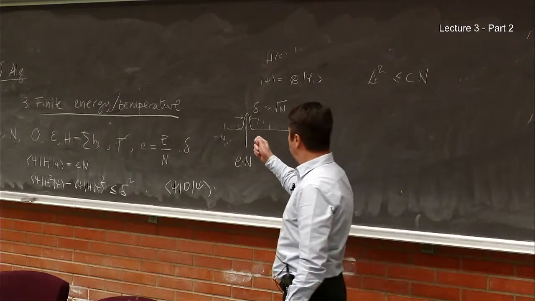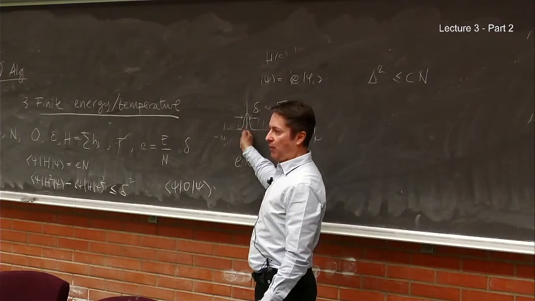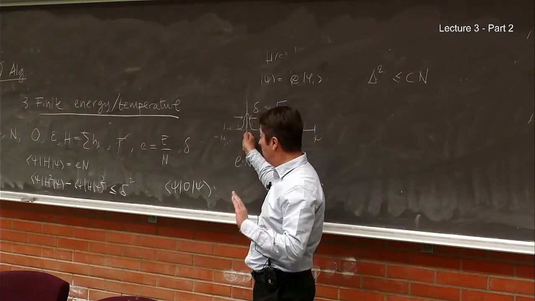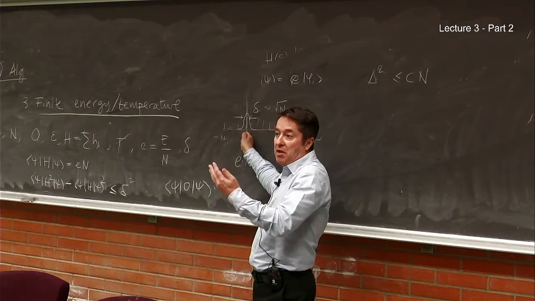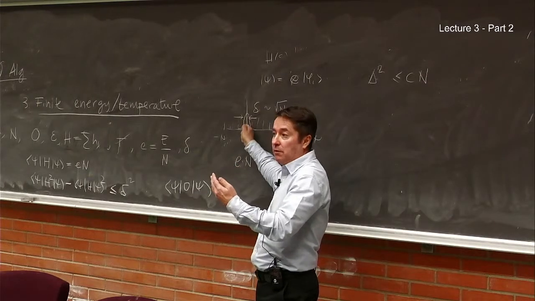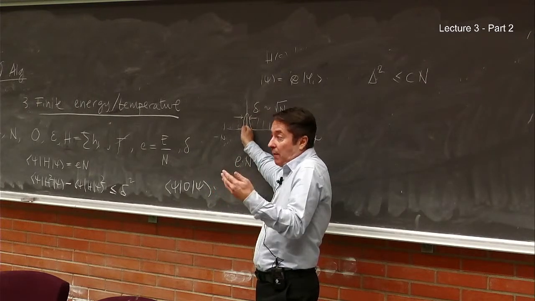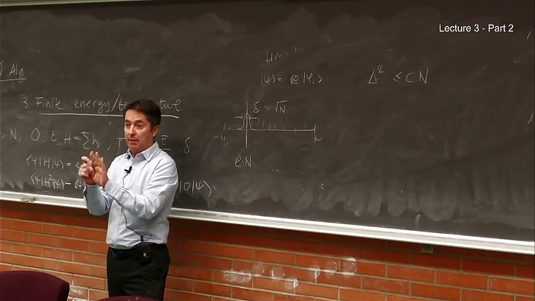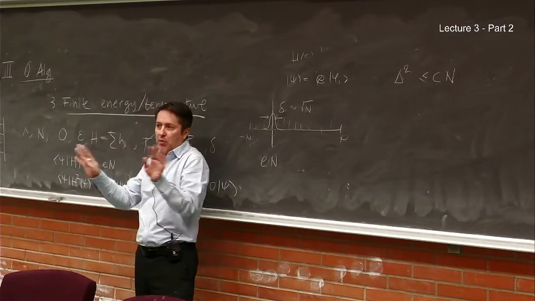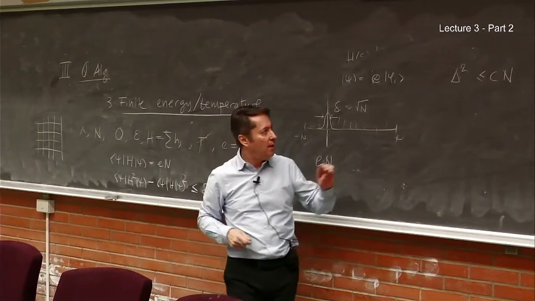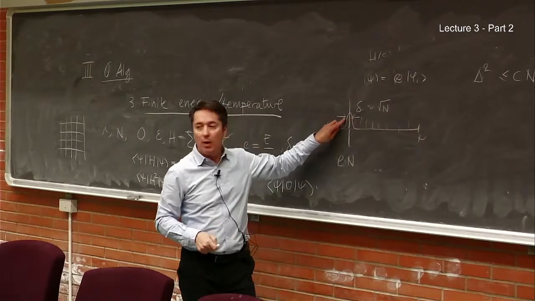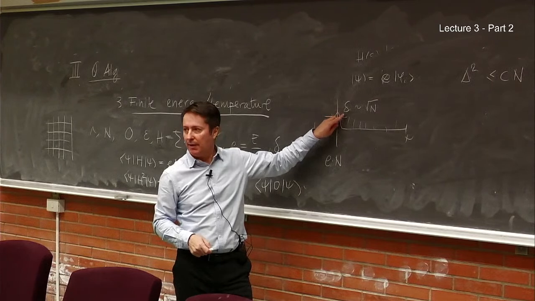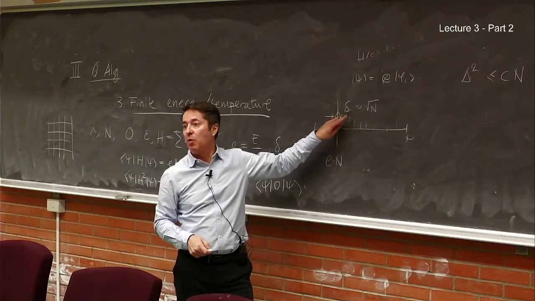Because I could just get a product state and then compute with this product state the energy, make sure that this energy is this value with this product state, and once I have a product state, computing the value of the energy is very simple classically. Right? I have to take the product state, I can compute everything very efficiently. So this means that the problem will get difficult as long as the delta that I'm asking here will be smaller than square root of n.